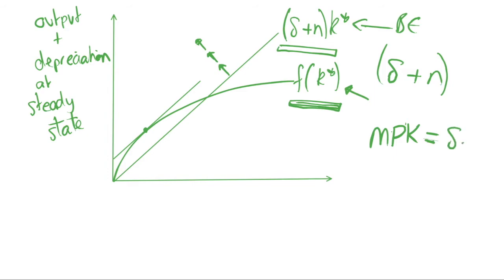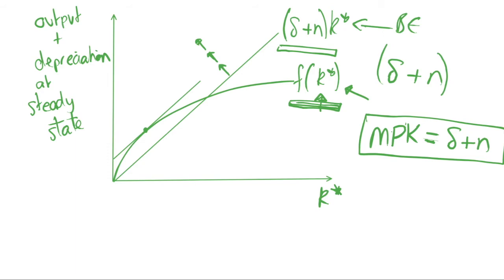We need the marginal product of capital to be equal to sigma plus n. Why is this the marginal product of capital? Well, we have a production function in terms of k star. This x-axis I should have written is k, or it is just k actually, not k star, but no, it is k star. So this x-axis is k star, our function is in terms of k star, so we take the derivative again